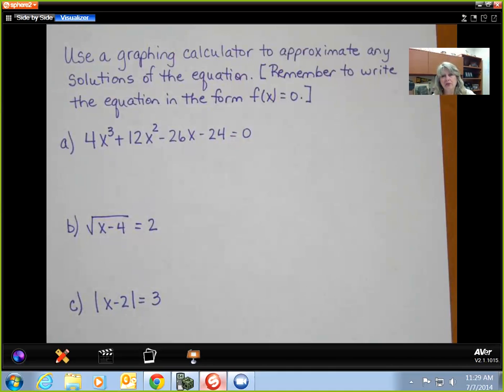And remember, when you're putting this into your calculator, you're going to need y equals. So remember to write the equation in the form f of x equals 0. So get everything on one side and make sure your equation is set equal to 0 so we can put